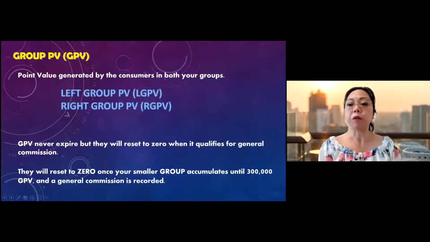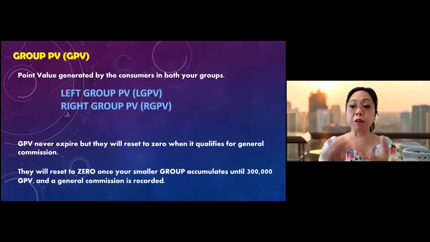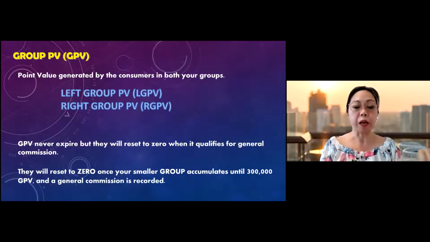So now, talking about group PVs. Group PV is a point value generated by the consumers of both your left and your right. As you can see earlier in my previous diagram, your group PV is divided in two: the left group PV, or the LGPV, and the right group PV, which is the RGPV. Again, they don't expire, but reset to zero when you qualify for commission. So how do you qualify for commission? When both your left group and your right group PVs are 300,000 PVs each,